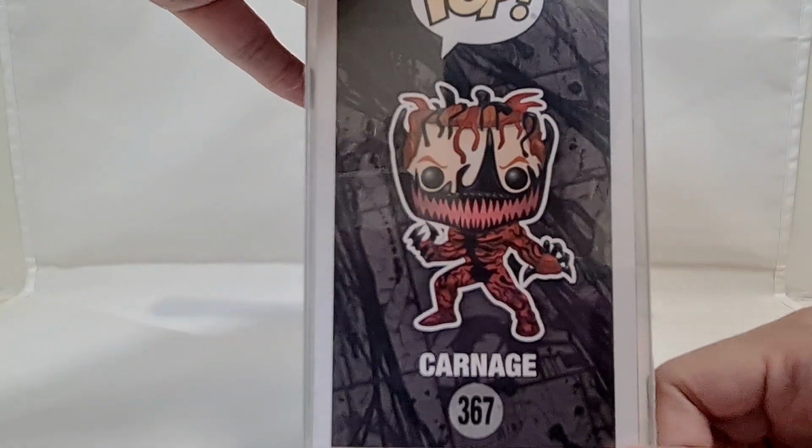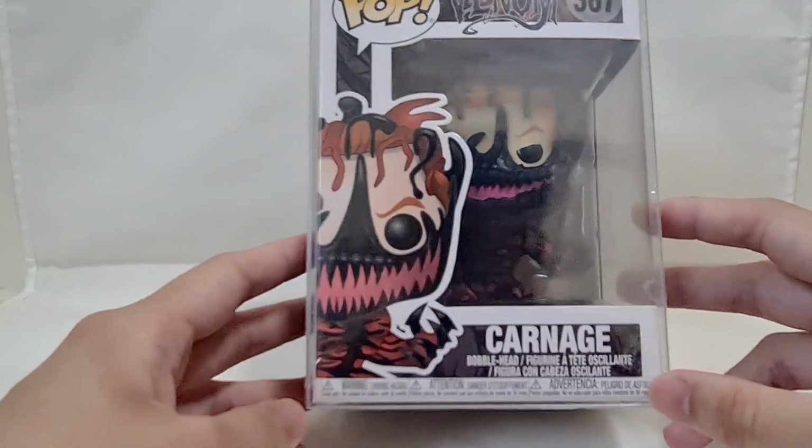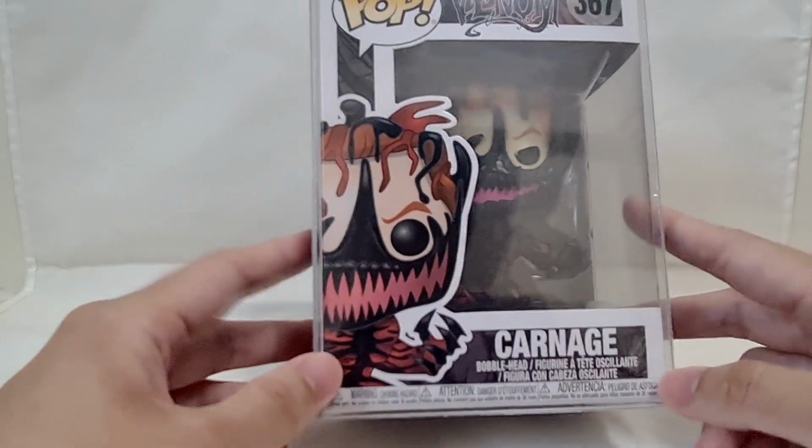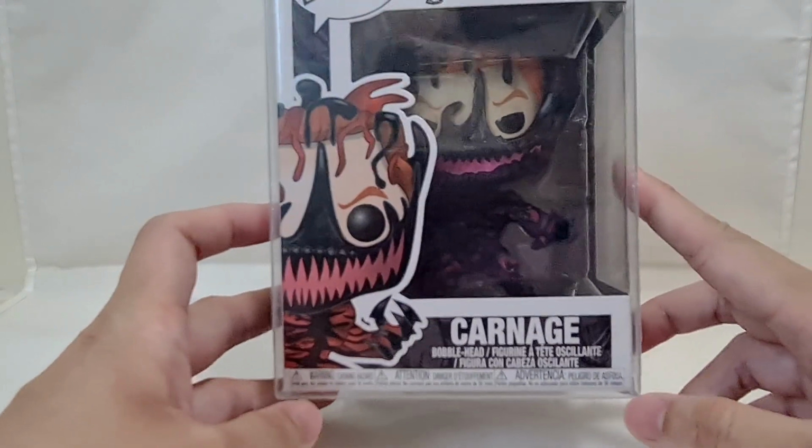Here's the art of Carnage. Really cool piece, and it's pretty cool that I got it for $13 considering it's been a while since this has been released. So yeah, that's very nice. Wonderful Carnage. So for our third pop